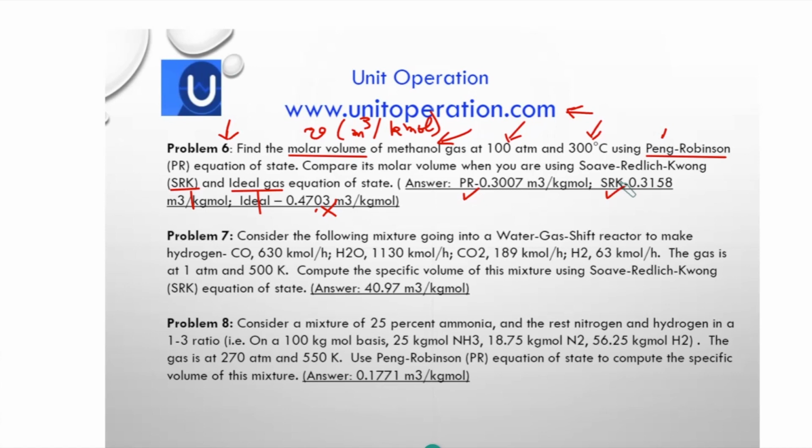Let's go to the next problem, that is problem number 7. Here the interesting thing is, instead of a pure compound as we have been solving so far, now we have a mixture of compounds. So the following mixture goes into a water gas shift reactor, to shift to make hydrogen. Basically, carbon monoxide is one compound, steam is another compound, carbon dioxide is another compound, and hydrogen is another compound. These are the compounds already present in the feed mixture. So we have to calculate the molar volume of this mixture of compounds